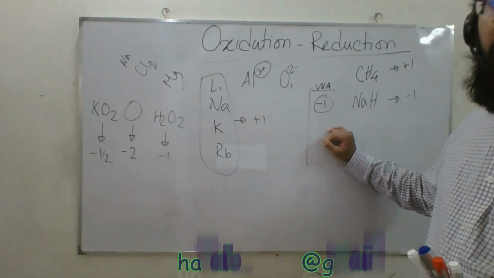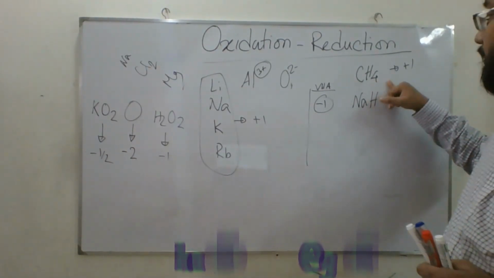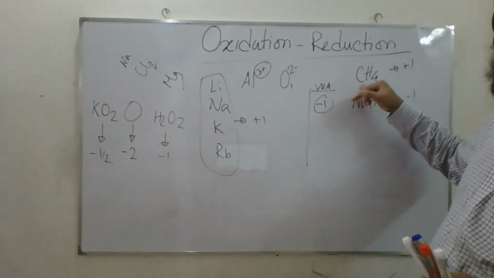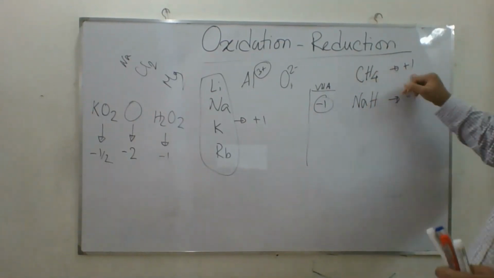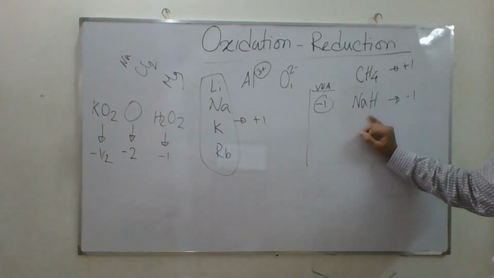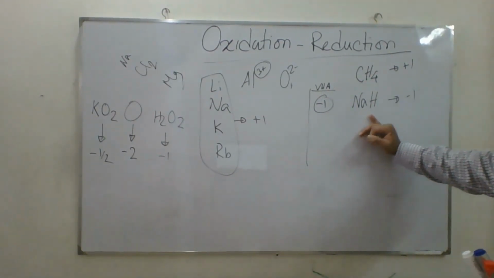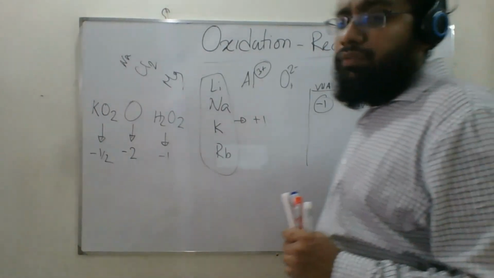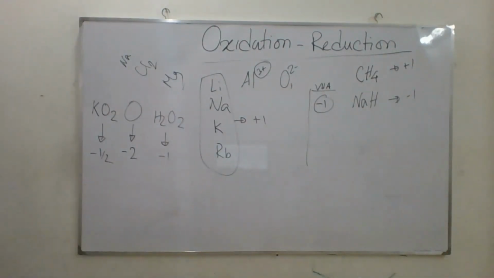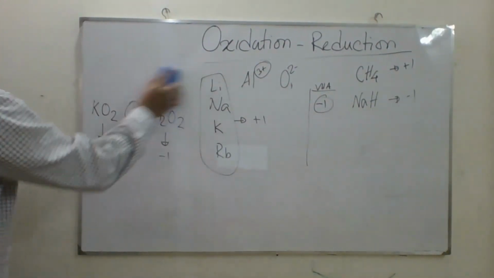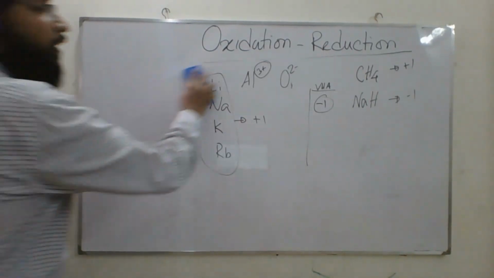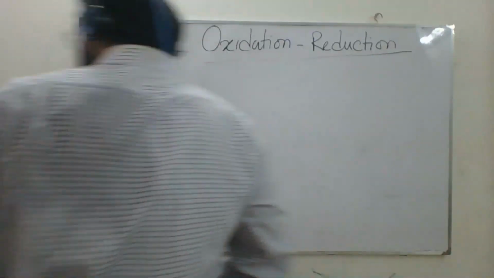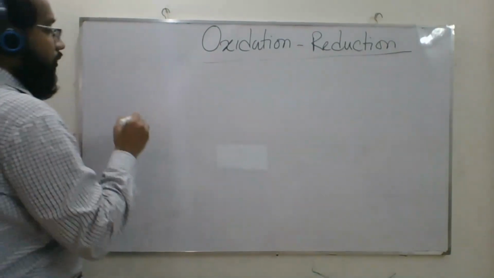Okay. Now, in the case of hydrogen, if it is attached to any element which is more electronegative than hydrogen, then it is +1, and with any element which is less electronegative than hydrogen, then it is -1. And the most important case is that if we add all the oxidation numbers of any compound,